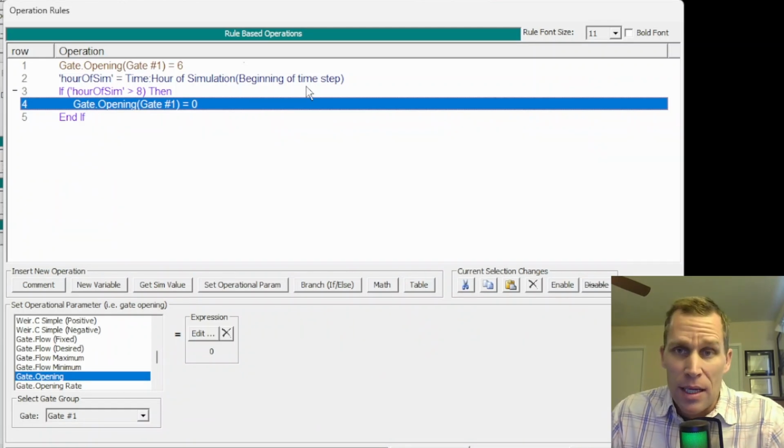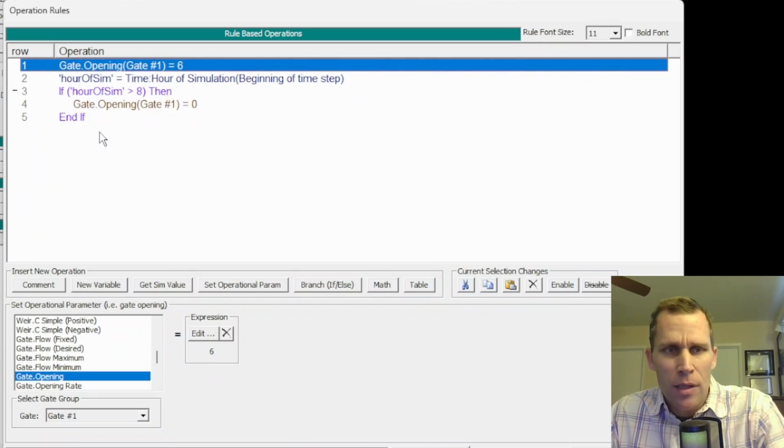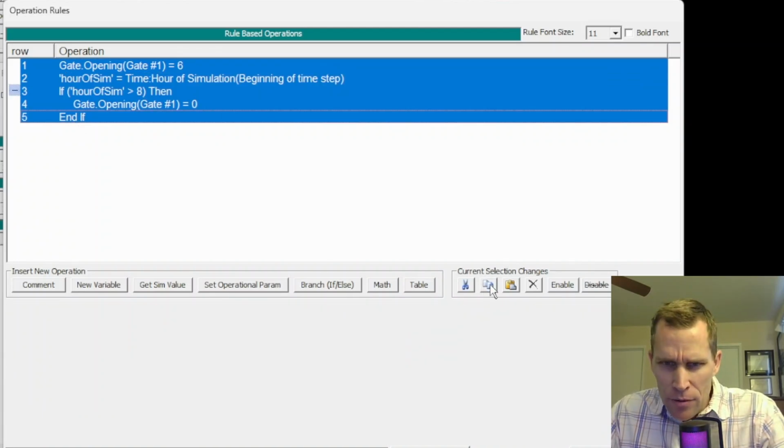effectively closes the gate. If you want to go ahead and copy this specific command, you can go ahead and highlight all the rows. So I'm clicking on the first line of code, holding down the shift key, and then single left click on the last line of code. It's all highlighted. Come over here to this copy button, current selection changes, copy current selected rules to the clipboard,